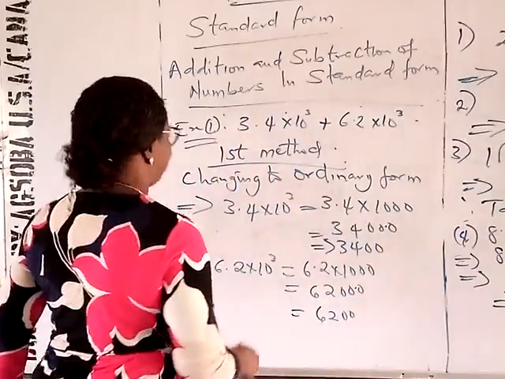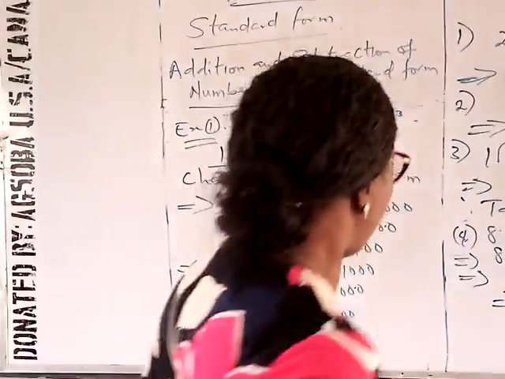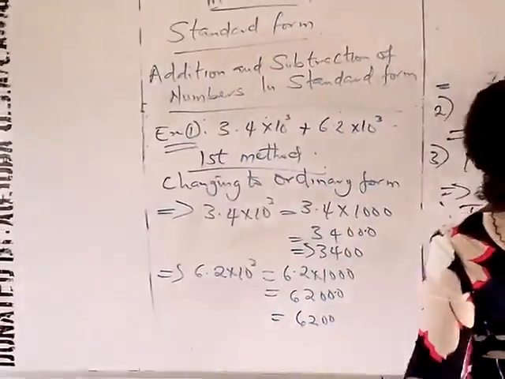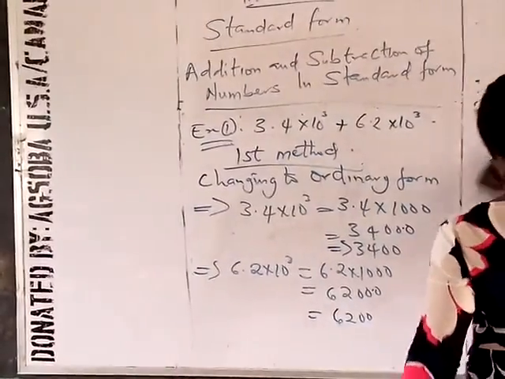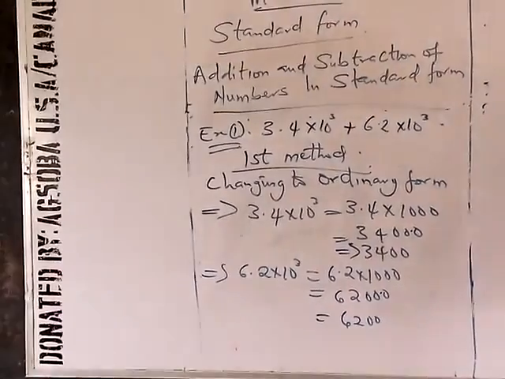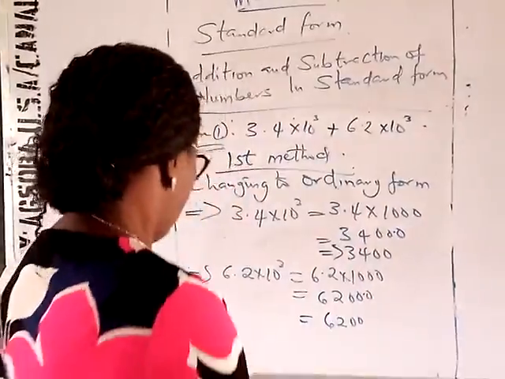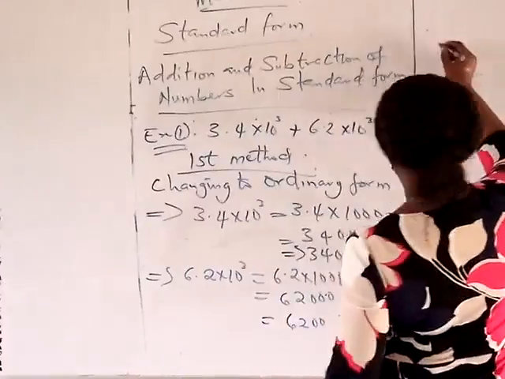So now that we have this, we now add up the two numbers in ordinary form. We go on to add up the two numbers in ordinary form, and when we are through with doing that, we now change our answer to standard form. So, adding up now, we have